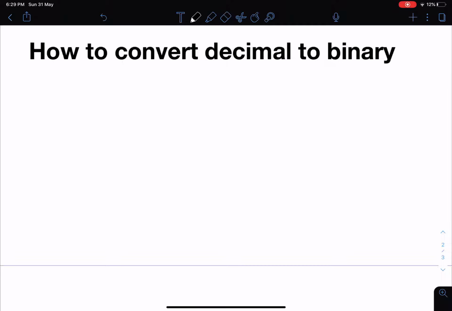So in this lecture, we are going to learn how to convert any decimal number into a binary number. So what are decimal numbers? In day-to-day life, the numbers we come across are all decimal numbers. And binary is the number format that computers actually understand. In binary, there are only two kinds of digits: one is 0 and the other is 1. In decimal, we have 0, 1, 2, 3, 4, 5, 6, 7, 8, 9. These 10 digits are available in the decimal system.